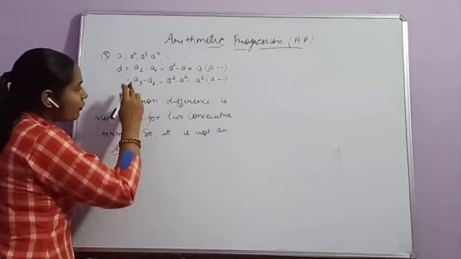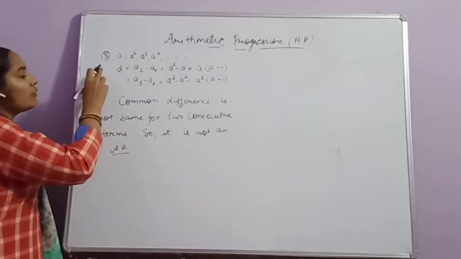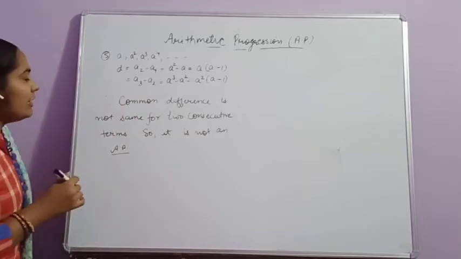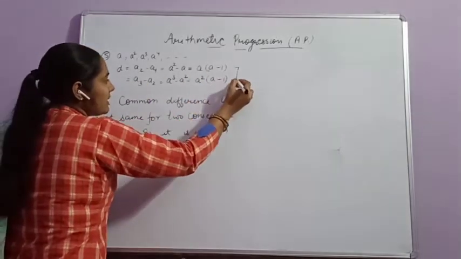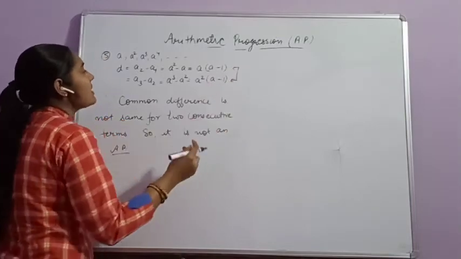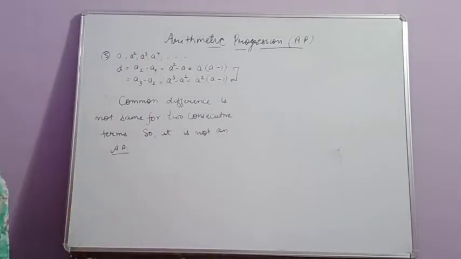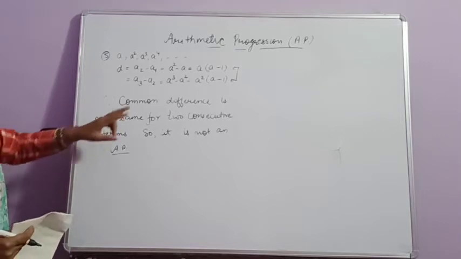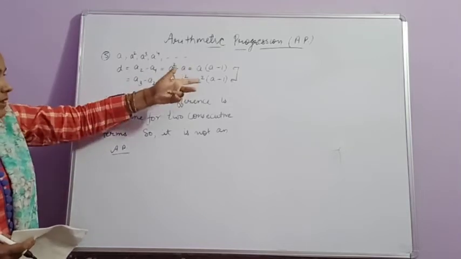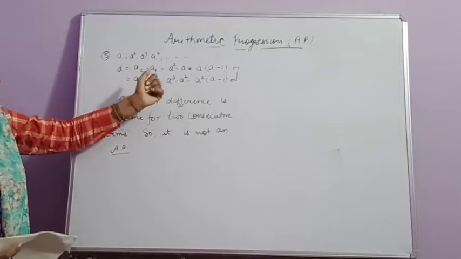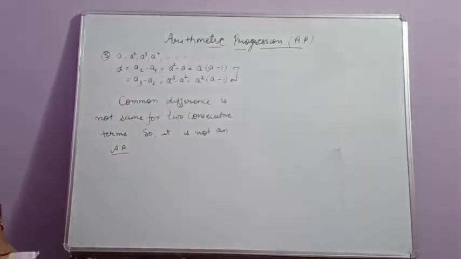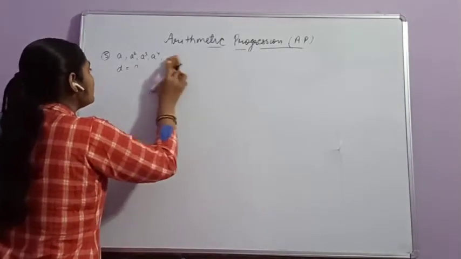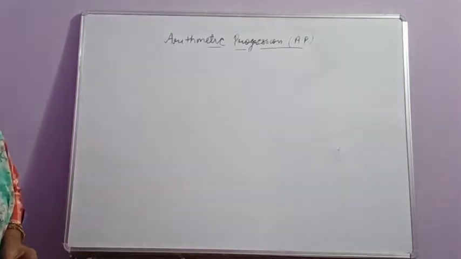Clear? If four terms are given, then we have to calculate the common differences A2 minus A1 and A3 minus A2. If these two are the same, then we also check whether A4 minus A3 is the same. Clear? So if the common difference of the first two is not the same, then we have no need to calculate the third. Okay? Now, next, in the terms of square root.